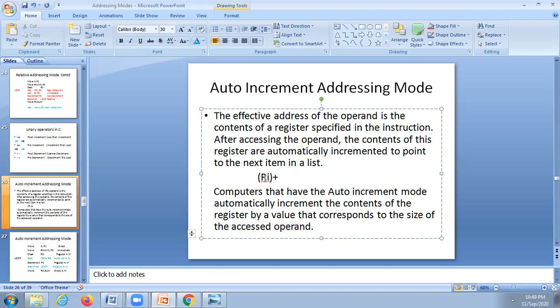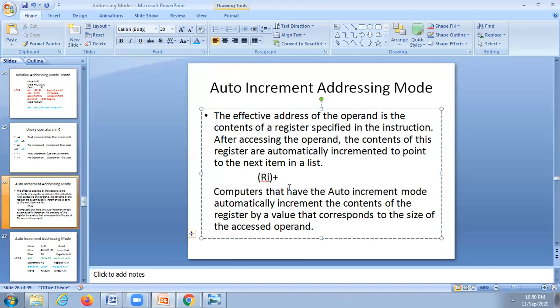In C, a character occupies 1 byte, an integer occupies 2 bytes, and a float, that means a real number, occupies 4 bytes. That depends upon the type of data, which occupies some size of the memory. So based on that, the increment will take place.